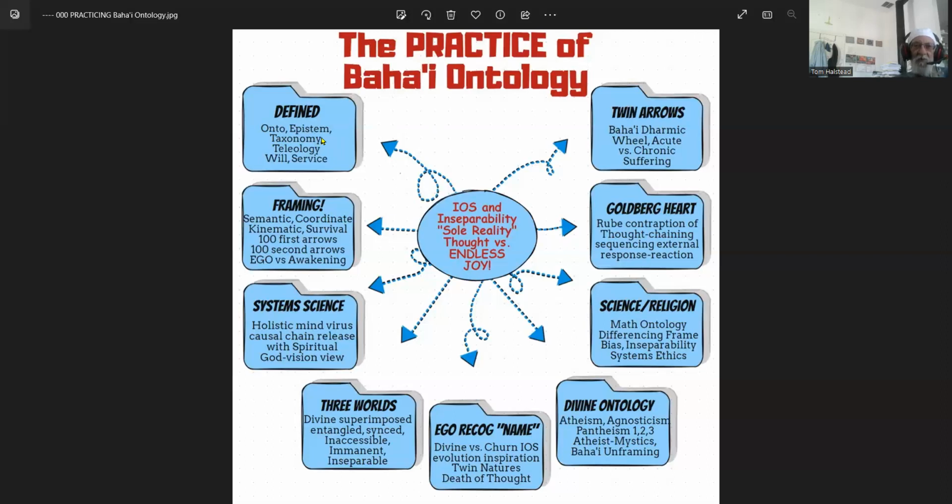In terms of happiness and joy, we'll jump right in. I'm not going to get a lot into epistemology and taxonomy, etc. Basically, epistemology is how do we know things? What is the source of knowledge and authority? In the Baha'i faith, it's Baha'u'llah, our manifestation for today, the reappearance of the Buddha, Jesus, Muhammad, Abraham, Moses, etc. Taxonomy means how do we classify things, which has a lot to do with